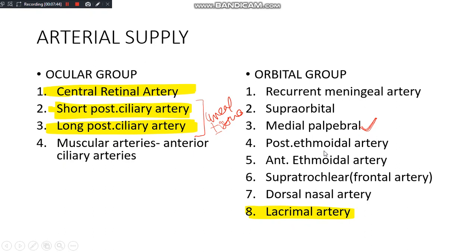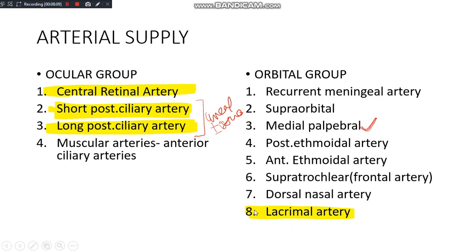Of course, these will be located on the medial side of orbit, right? Because ethmoid was forming the medial boundary of the orbit. Excellent. Then coming to supratrochlear, also known as the frontal artery, which was supplying your frontalis muscle, and then the dorsal nasal artery. Sixth and the seventh one, supratrochlear and dorsal nasal artery, these were the terminal branches of the